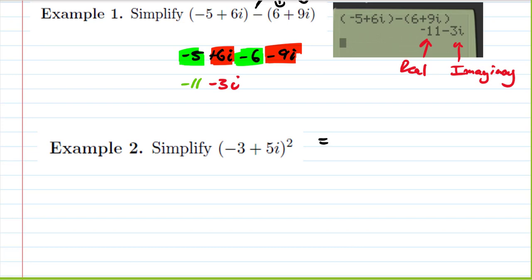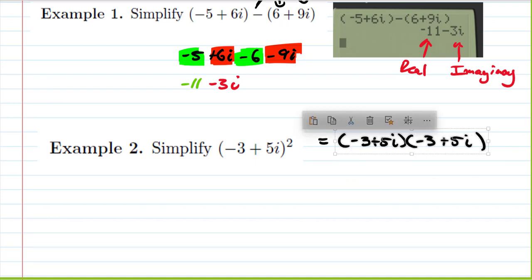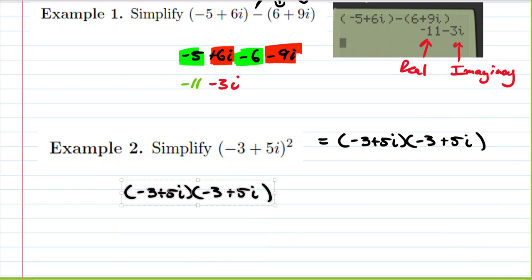Well, we need to remember that when we square something, what that really means is to multiply it by itself. So if we write it out this way, what we're really doing is it wants us to distribute or quote-unquote FOIL this thing out. So if we use our distributive law